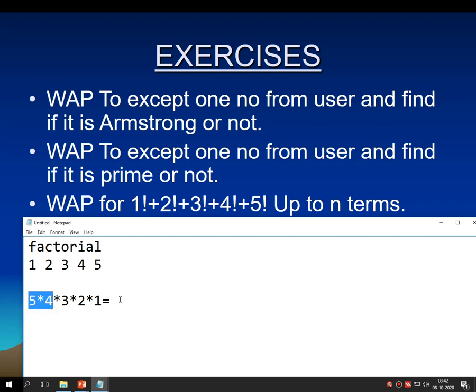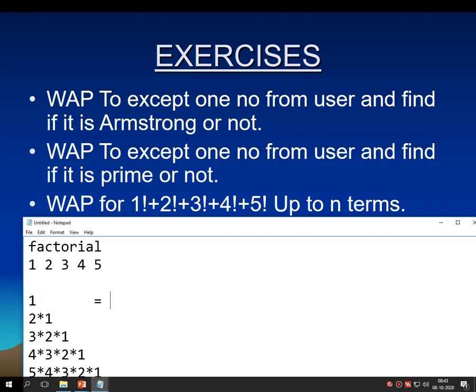I don't want to go for n, I just want to go for 1 2 3 4 5. What is the factorial of 1? 1 into 1, that is 1. Then the factorial of 2 is 2 into 1. Factorial of 3 is 3 into 2 into 1. Factorial of 4 is 4 into 3 into 2 into 1. Then factorial of 5 is 5 into 4 into 3 into 2 into 1.